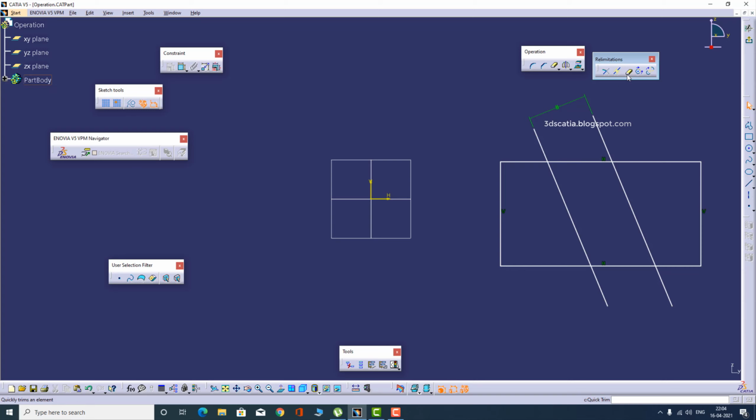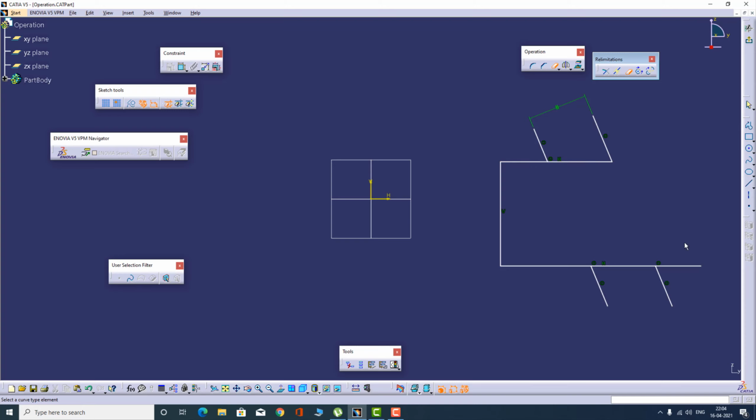But here if you select quick trim, everything here is actually a cutting edge, and where you select, that element will get trimmed with respect to the next entity that is present. So basically everything is a cutting edge, but where you select, that thing is going to get cut. This is how quick trim works. So if I select here, it will get trimmed. If I select here, here also you'll see the entity will get removed. If I select here,